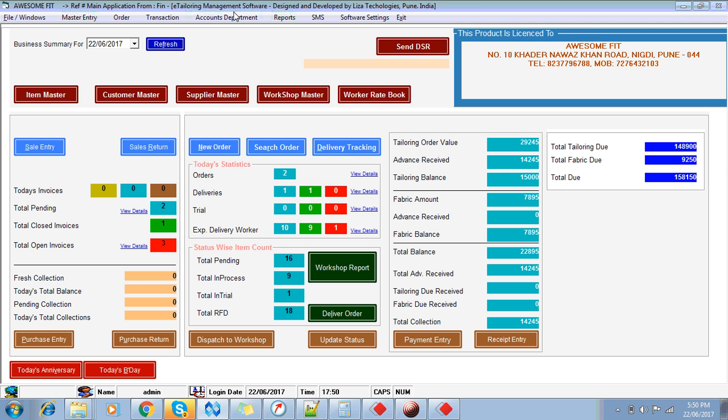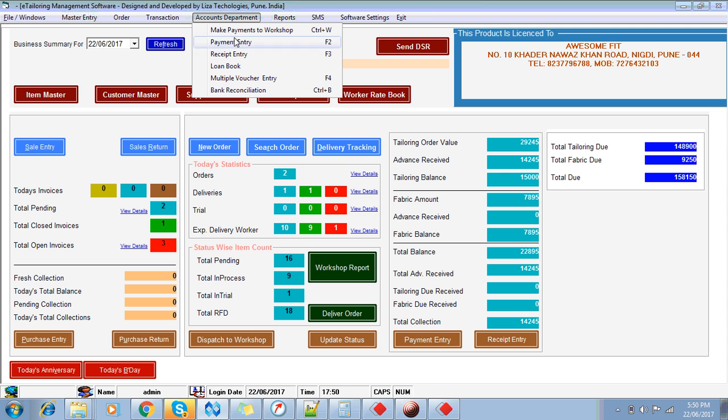F2। आपका माउस आ गया है वहां पे, वो लोड नहीं हुआ होगा। बैंक रिकॉन्सिलिएशन, वो उसमें पेमेंट एंट्री में।